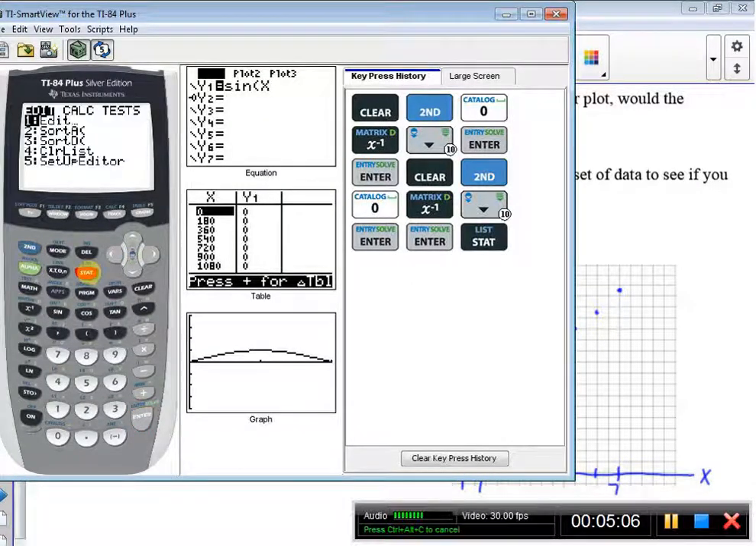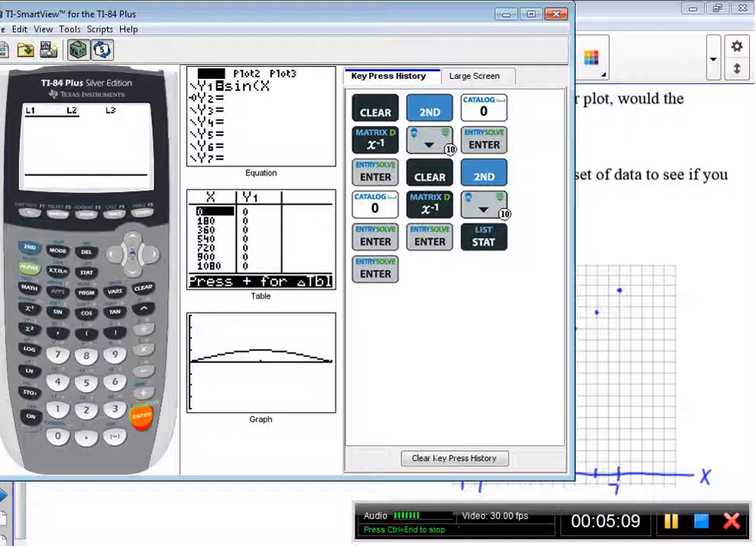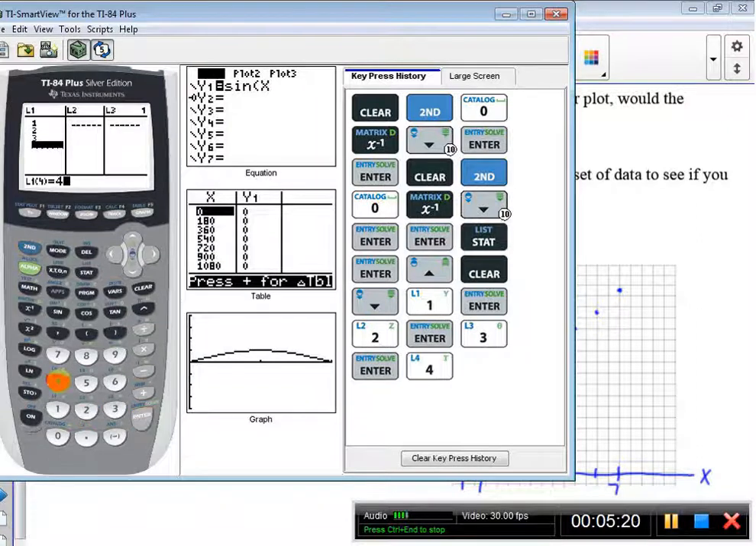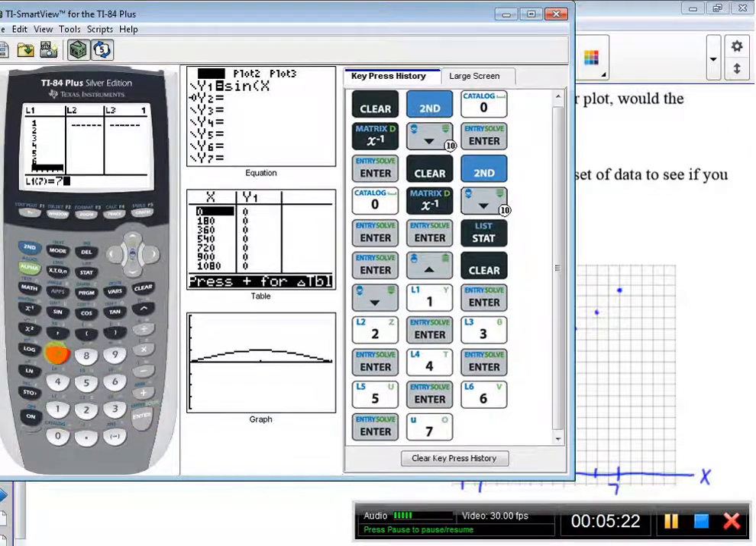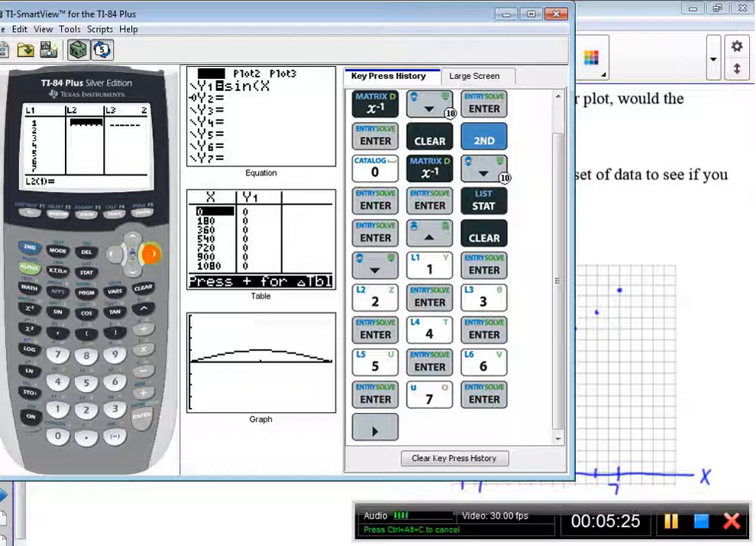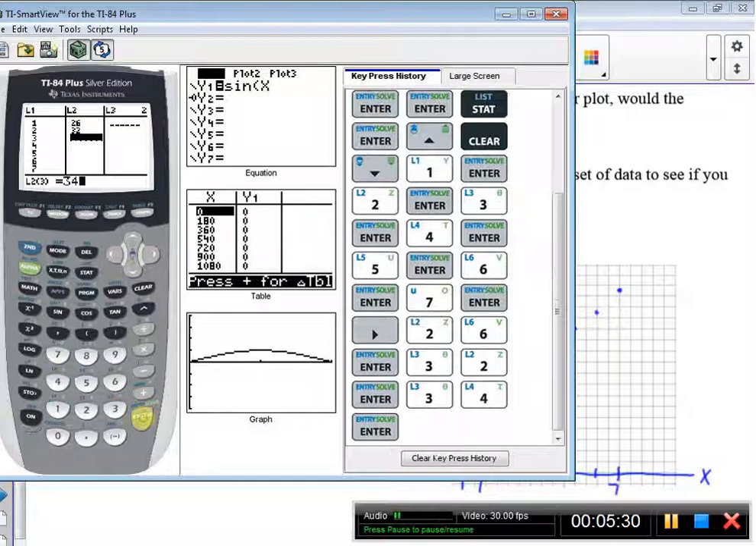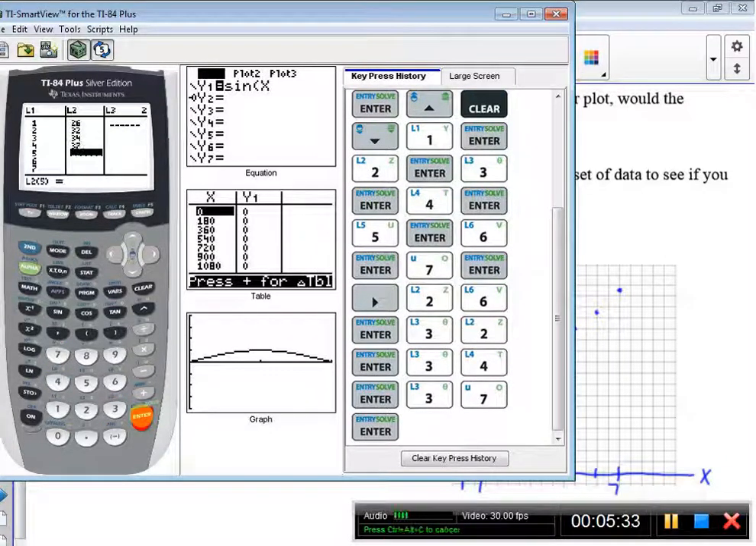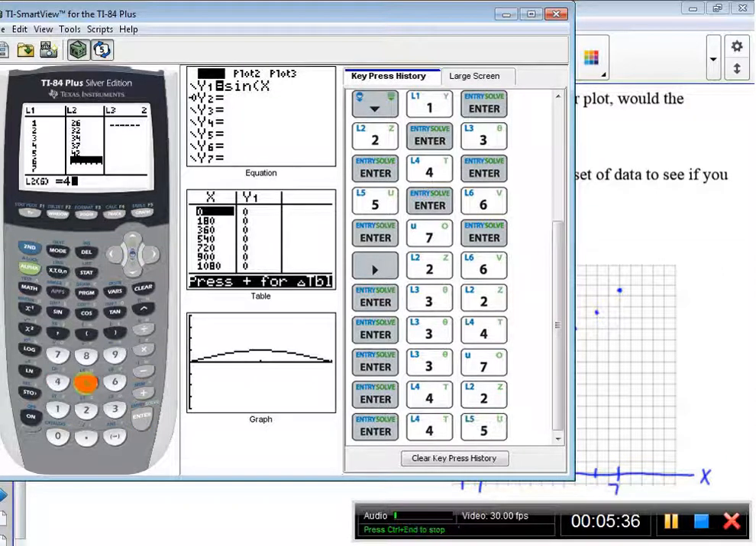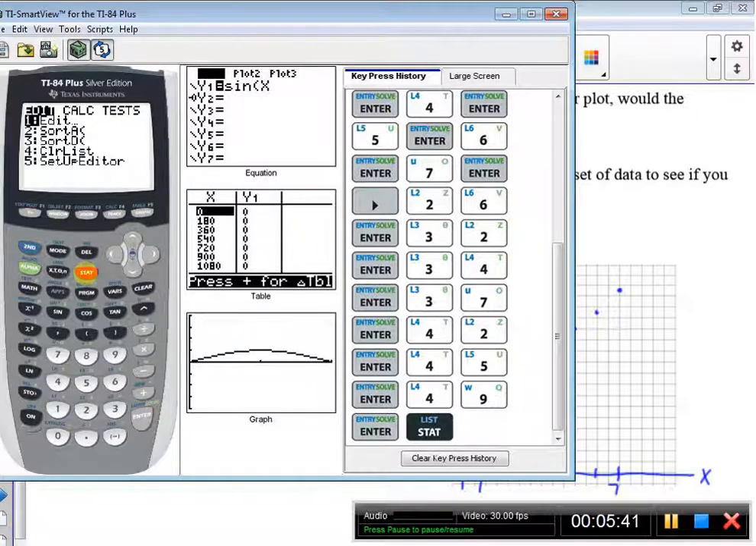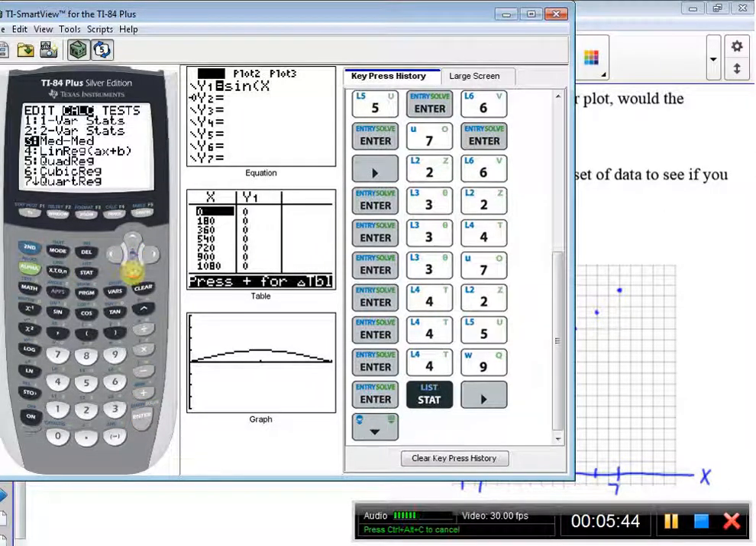So we're going to go to Stat, and we're going to go to Edit, and we need to enter our numbers into our calculator. So I'm going to clear out list 1 and do 1, 2, 3, 4, 5, 6, 7, and then 26, 32, 34, 37, 42, 45, and 49. All right, so I'm going to go to Stat, Calc,